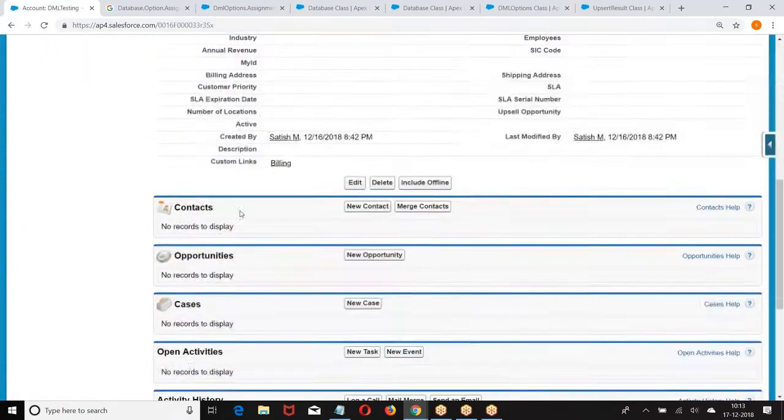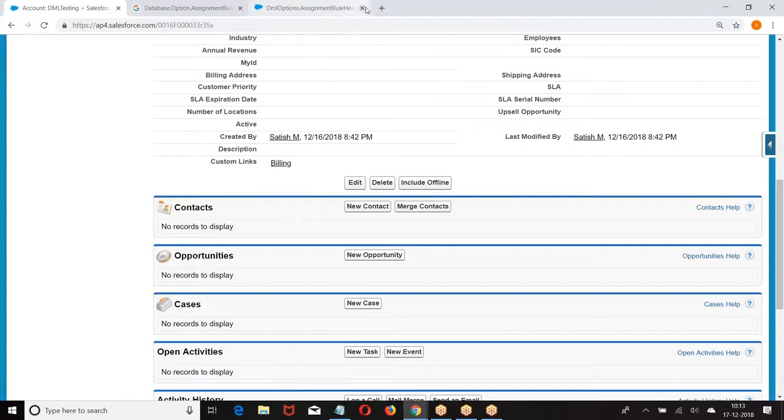But look at the contact. Whichever statements are success, they are success. Whichever are failure, they are failure. But what I want to say is, I want the entire transaction to be success or the entire transaction to be failure. Then I am going to use a save point and a rollback. I hope you are good with this.